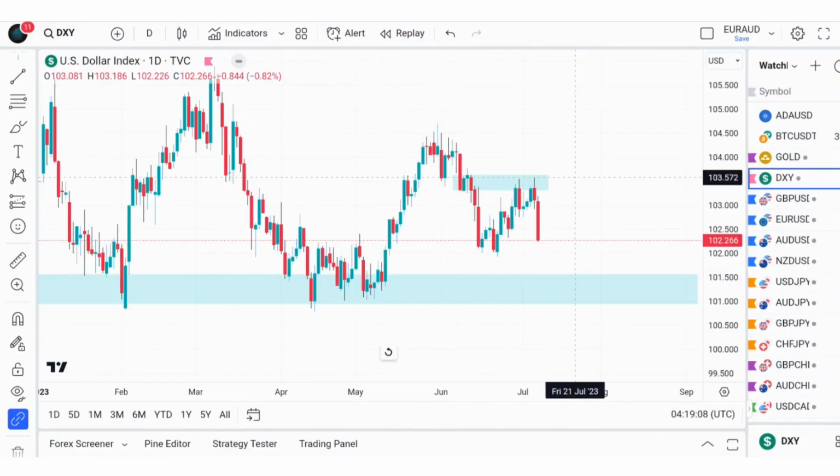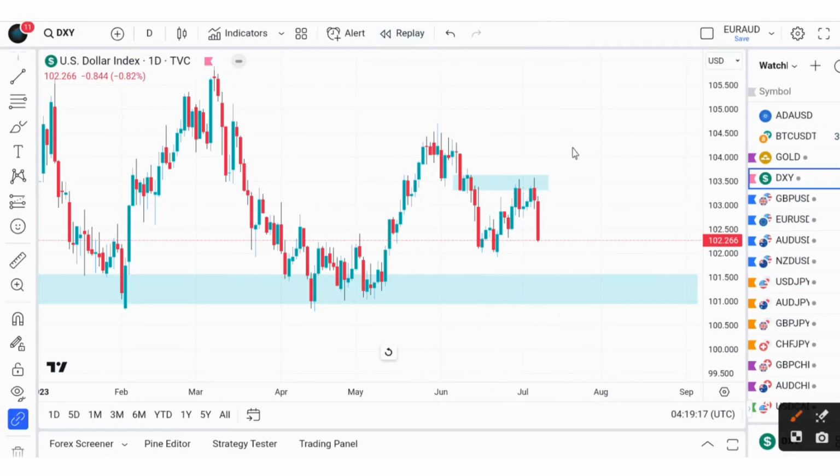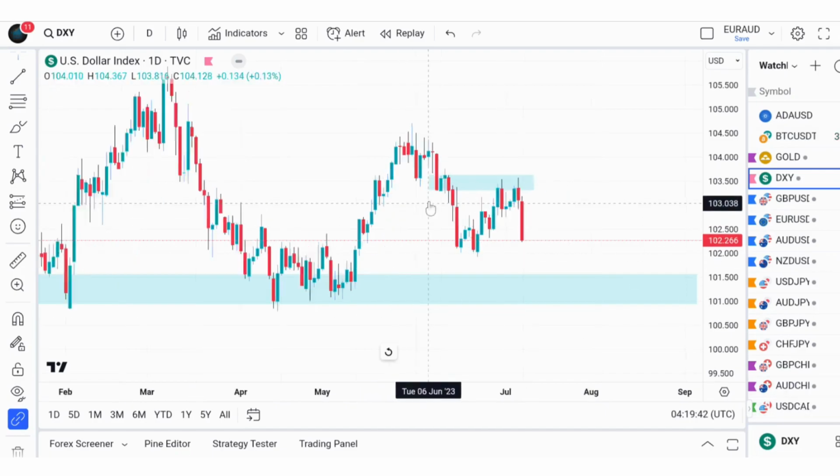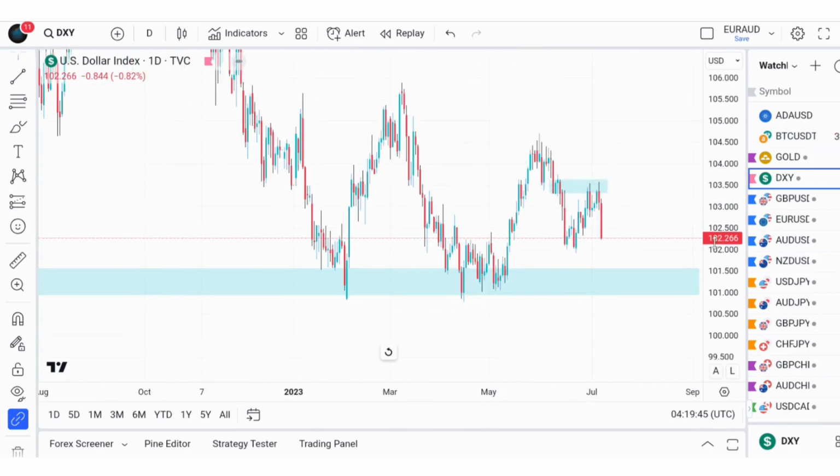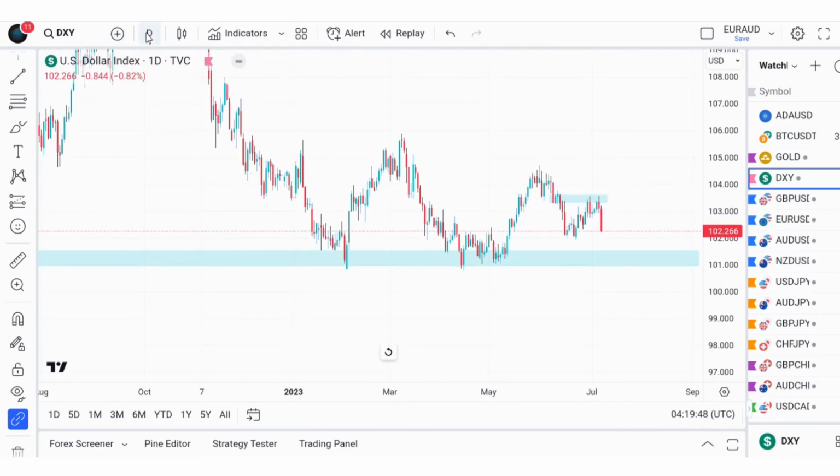So after the NFP report on Friday, and after the disappointing NFP report last week, we saw the decline in the DXY, which had a daily candle close massively to the downside, as you can see. And then this is a supply zone rejection. That is, we have the rejection on Thursday, and then we have a massive daily candle close on Friday after the disappointing NFP report. So what is the future of the DXY, that is the dollar?